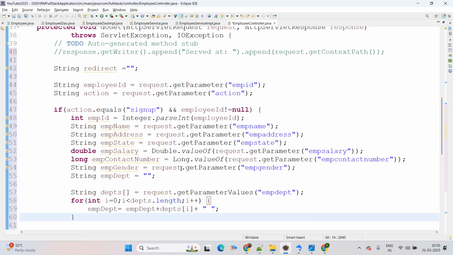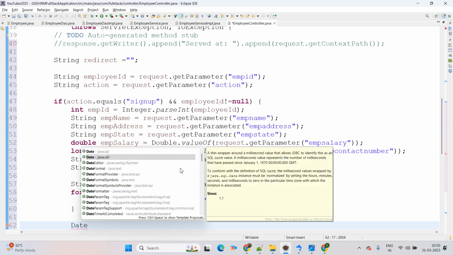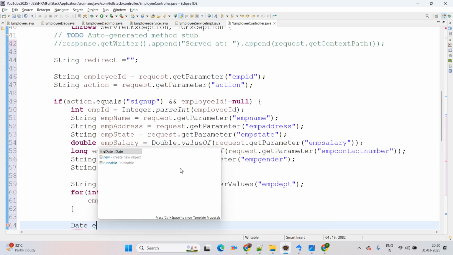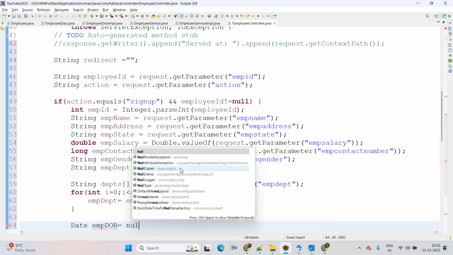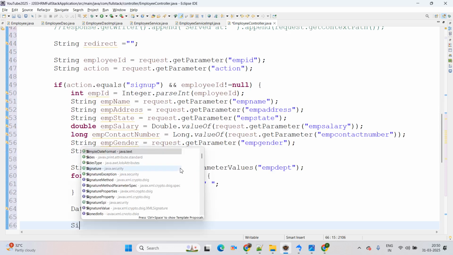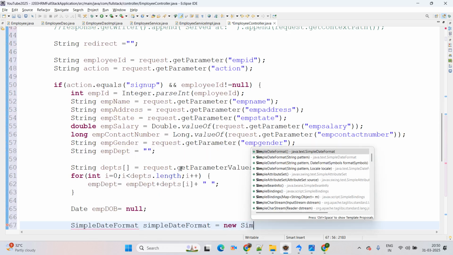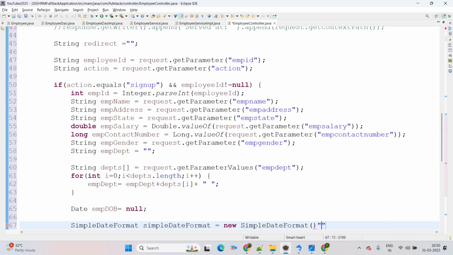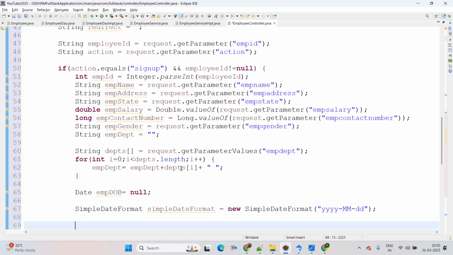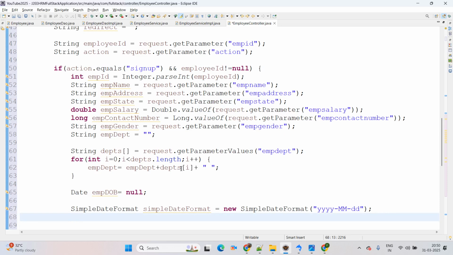And now coming to the next, we have date available there. The date coming from here, you can simply say util package, empDop equal to, initially we are giving a null value. Then now we are going to use SimpleDateFormat. This will be an object of SimpleDateFormat equal to new SimpleDateFormat. We will use a date picker from the JSP side in the signup perspective. That's why I'm passing the date picker format as yyyy-MM-dd. Now you can simply say here it will be like empDob equal to,